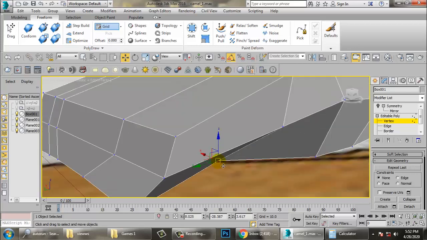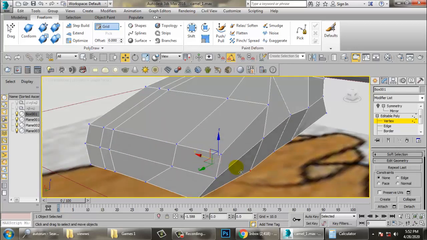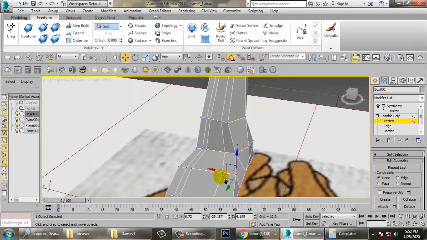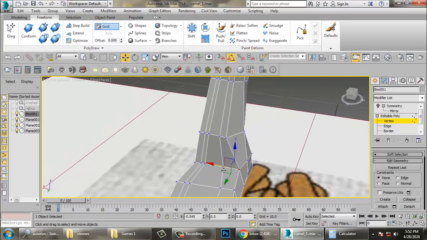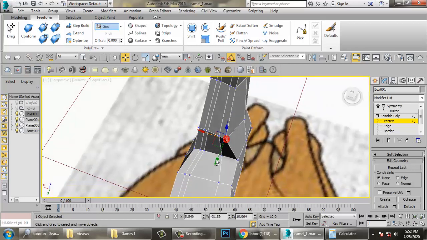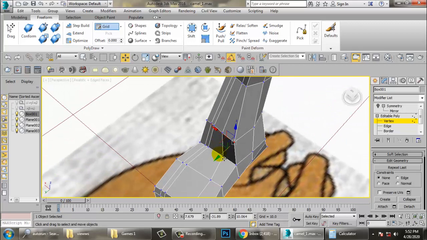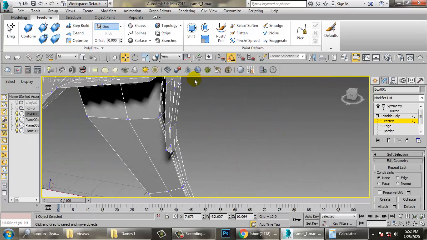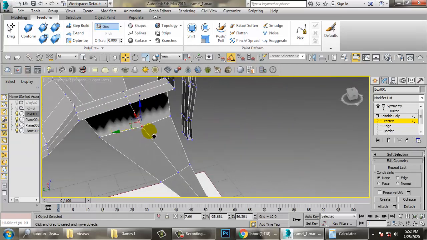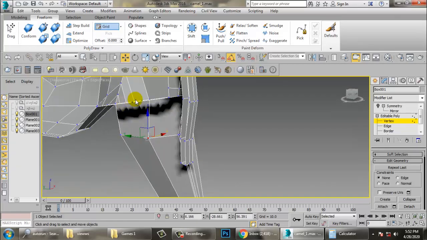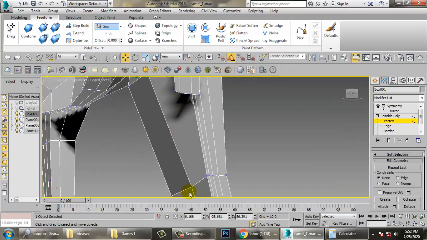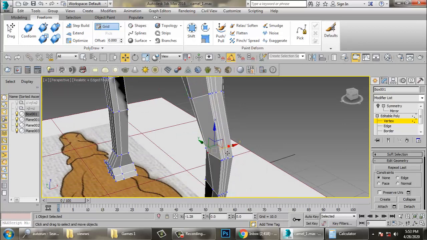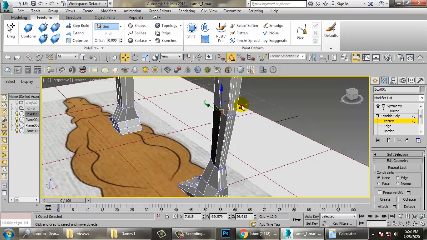So select this, now we need to tweak it in such a way that it should look like a leg. So we need to tweak this properly and give a bit of a roundish look.